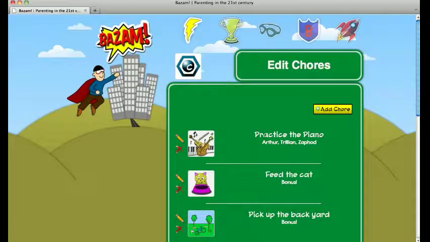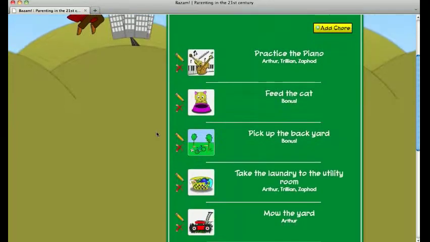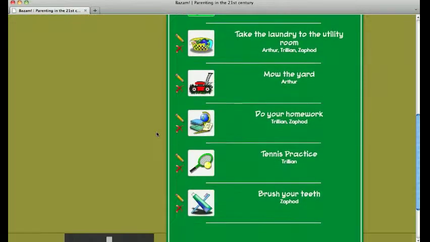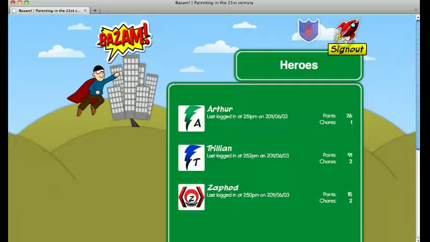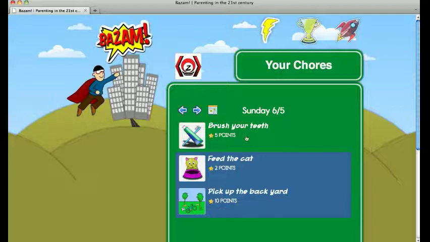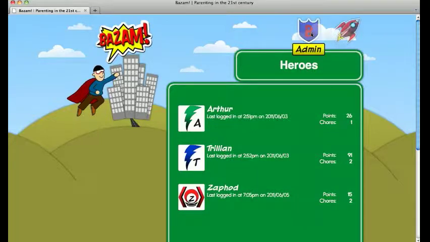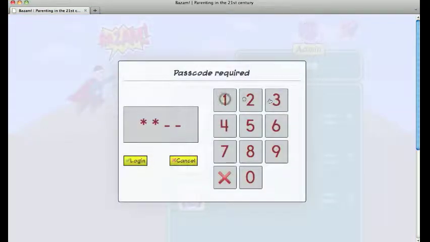We'll be returned to the chores list, and if we scroll down here, we should see brush your teeth at the end of the list here. If we go ahead and go back out of the admin panel, and we look on Zaphod's list of chores, we should see here brush your teeth as a 5-point chore. We'll go back, return to the admin panel, put in our passcode again,